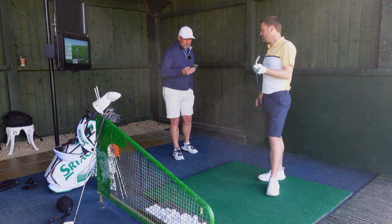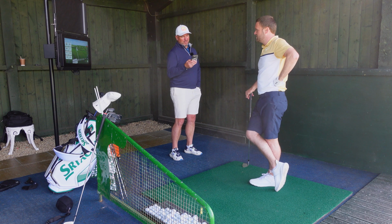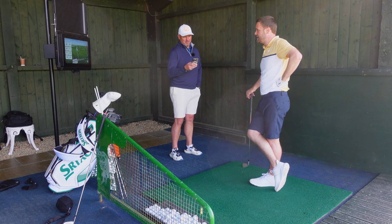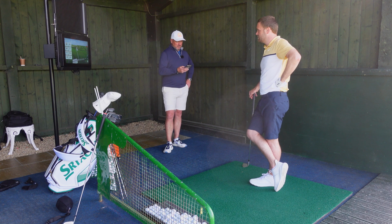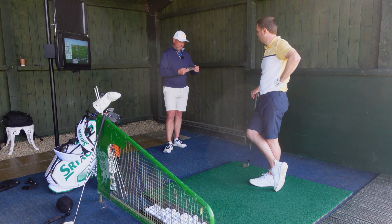Your attack angle's good. Your face to path, 1.5 to 1.3 degrees face to path. What was that you hit? 8 iron. Launch angle's good, ball speed's good. Yeah, I mean, you're negative 2.4 down, which is pretty solid with that club. You don't want to get too steep with an 8 iron. But that there is exactly what we'd be after. And if we look at it on the...